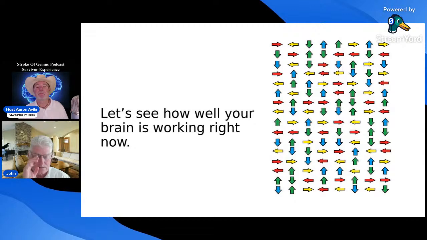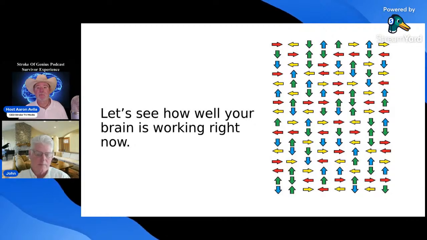So to do this, I'm going to time you. I'm going to ask you to read off all the arrows on the page, left to right, just like you're reading a book. So right, left, down, up is the first 4. Try to use your eyes and not your finger to follow along. And when you say that first arrow, I'll start the timer. And when you get to the end, I'll stop the timer and I'll tell you a little bit about what I noticed, and then we can move forward.